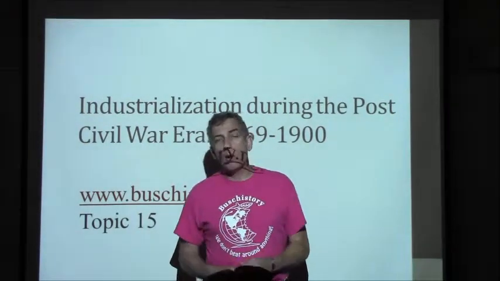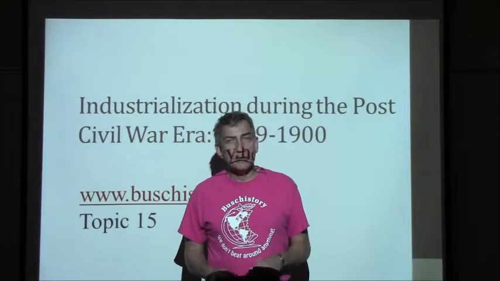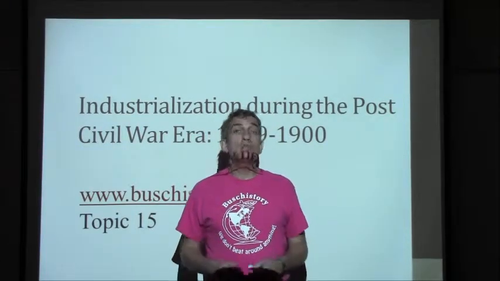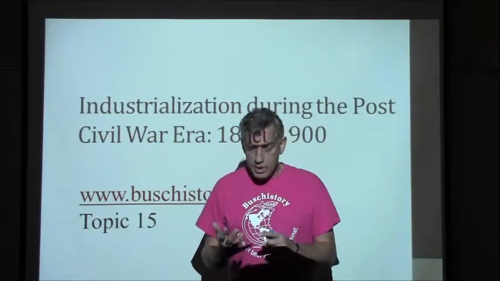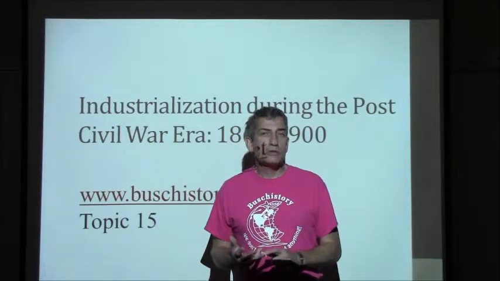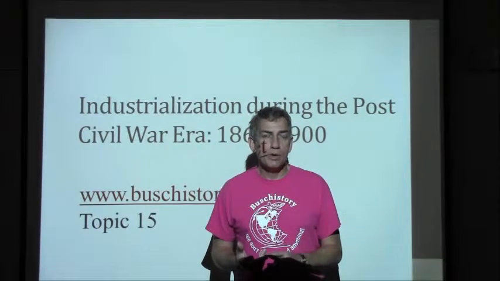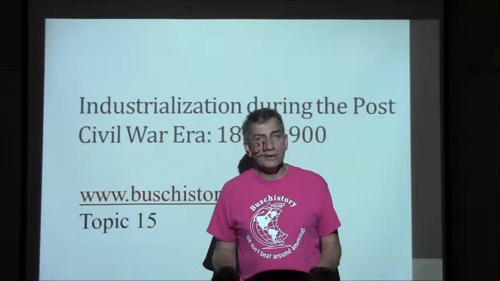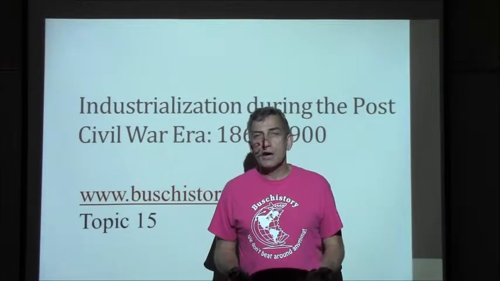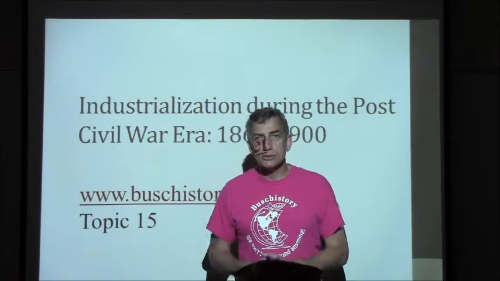I'm going to take a look at what happens during the latter part of the 19th century right now. And it all revolves around what I like to call the three kings of the period. We have John D. Rockefeller, Andrew Carnegie, and J.P. Morgan. So I want to take a look at this set of slides with you and a series of events and see if we can figure out how a lot of this occurs.